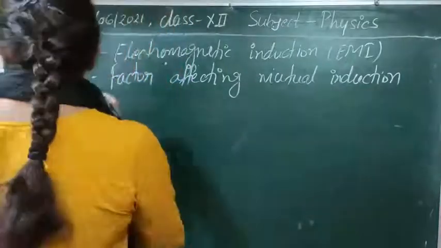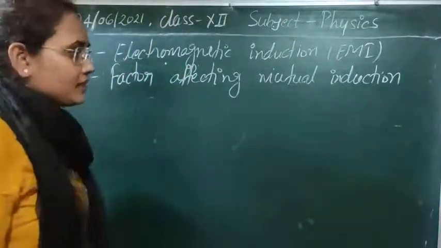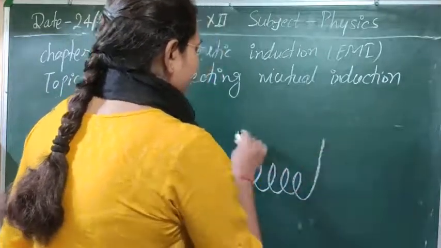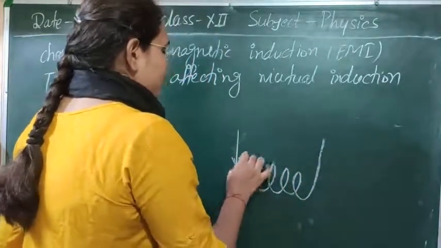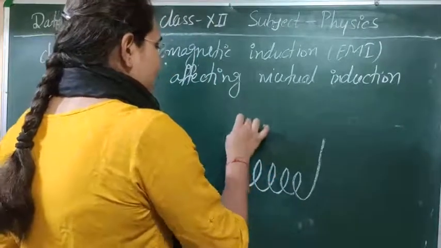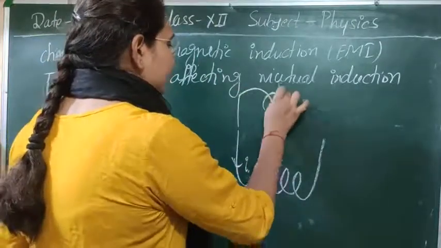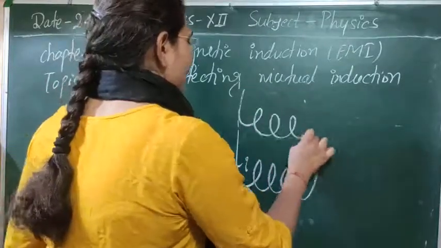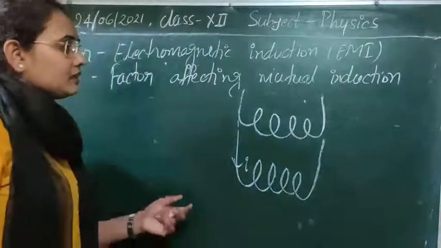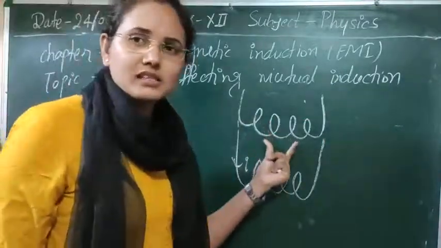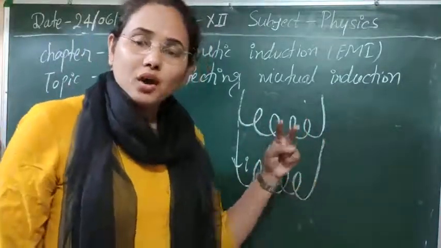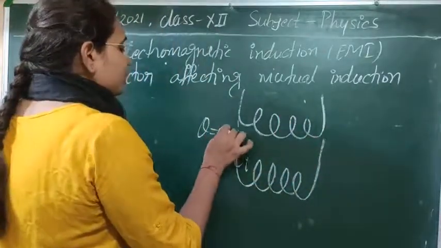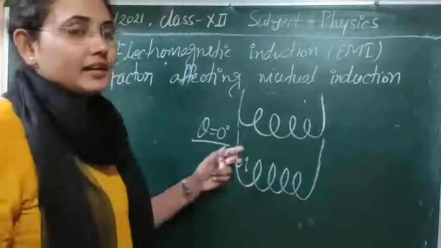As we have used two coils here, this is our first coil, in which some current I is flowing, and the second coil that we have is in the same direction. Suppose the second coil also we have. Here, if you see the orientation of the first coil to the second coil, as both are in the same direction, theta is equal to 0 here. For this case we are getting maximum